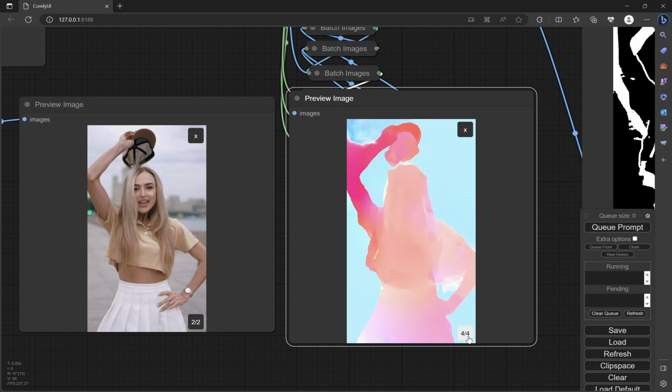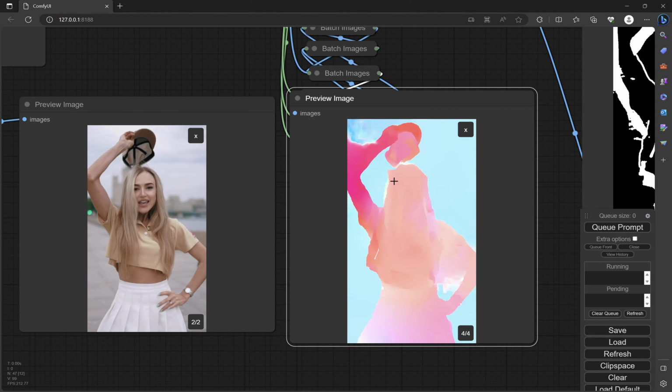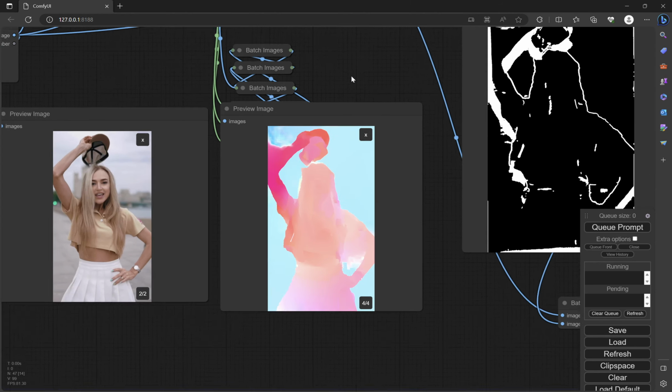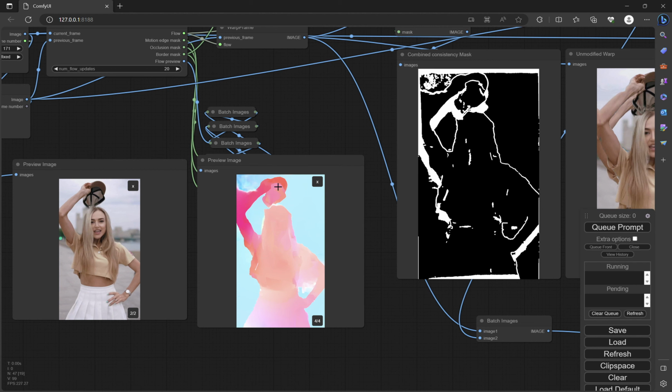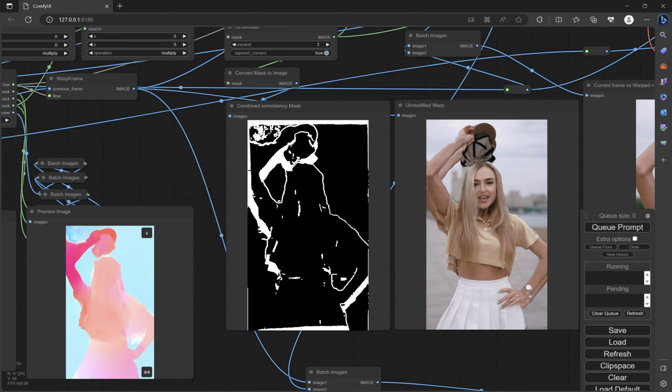And here is motion edges, so we just take the motion vectors and calculate edges of the motion, because most likely we'll have to repaint those areas. So we combine all the masks into one image, and